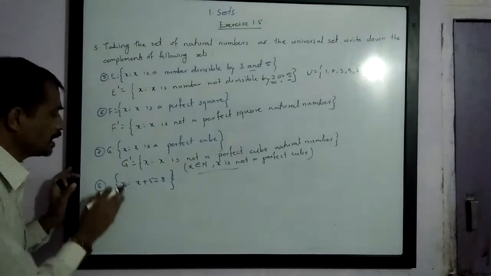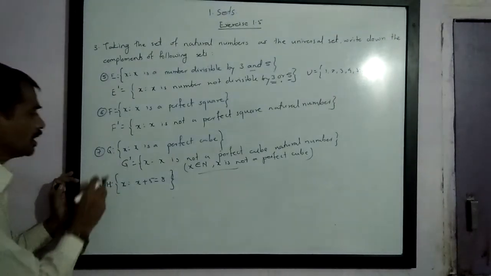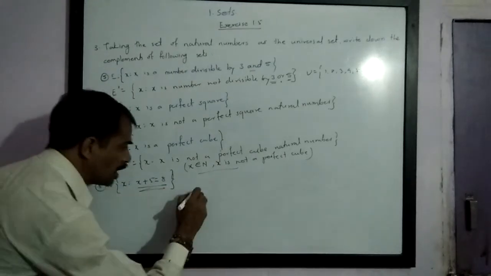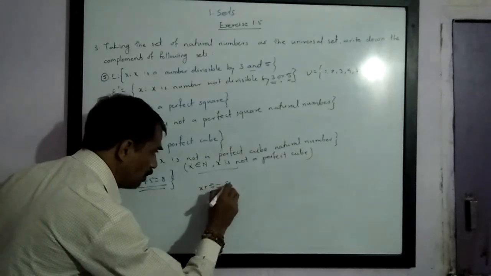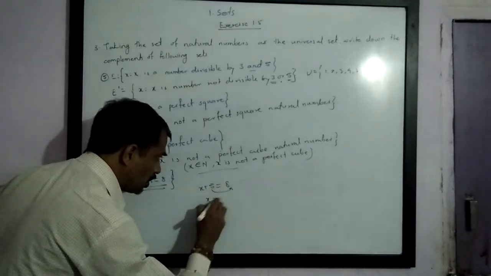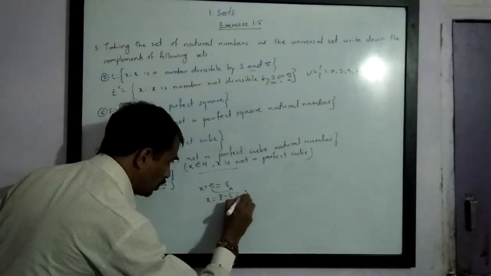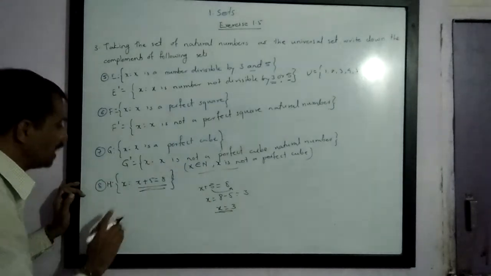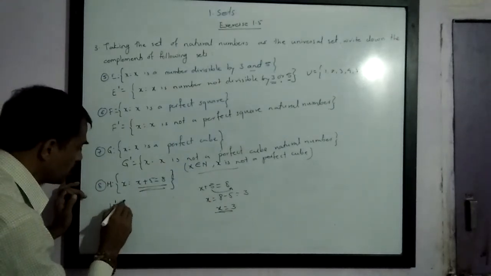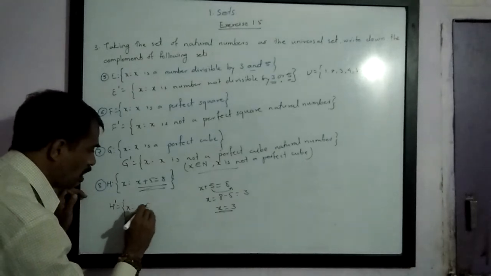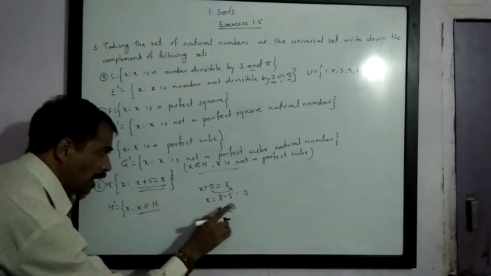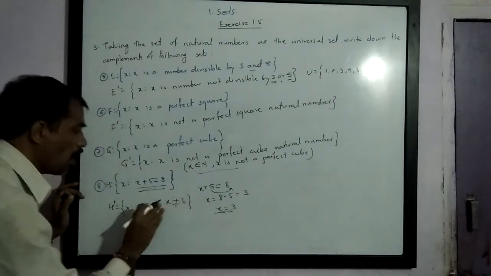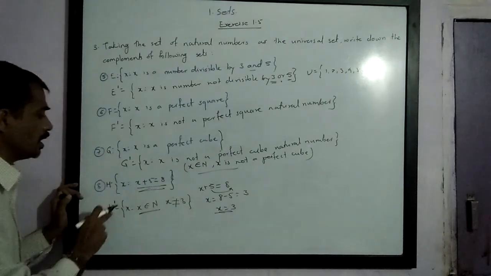Then next is H. Let H be the given set. H is the set of x such that x plus 5 is equal to 8. So here we need to find x, where x plus 5 is equal to 8. It means if you transpose 5 to that side, you will get x is equal to 8 minus 5, that is equal to 3. So the x value is 3 in this case. So H is a set of 3. It means its complement is equal to the set of x such that x belongs to natural numbers. It is all natural numbers but not equal to 3. So x must not be equal to 3, this is the only condition, and all other natural numbers other than 3 are its complement.